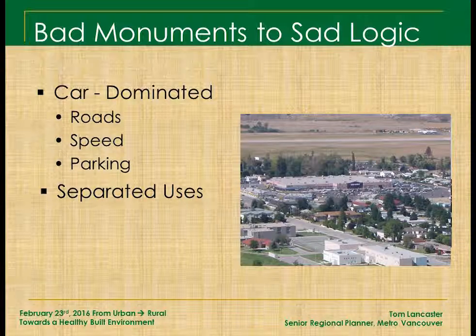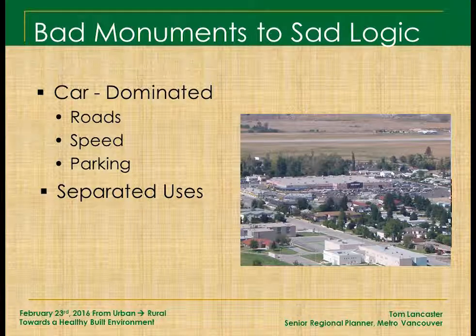So if you go to Europe and you go to other places in the world that are maybe 3, 4, 5, 6, 700 years old, as opposed to us in Canada, we're 135, 140 years old kind of thing, our patterns of urbanism are really, really new. And it's one of the things that we have to build ourselves out of now. So, car domination, what does it mean? Wow, we got huge roads, we can move at much faster speeds than we ever have before, and then all of a sudden we need places to put all those vehicles, so we need parking, roads, speeds, and parking.